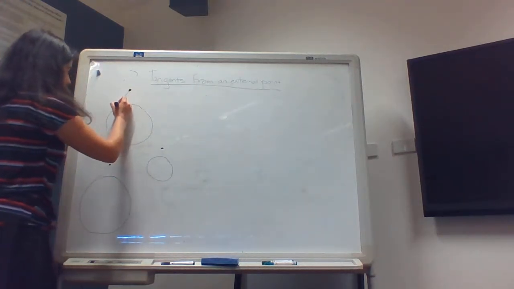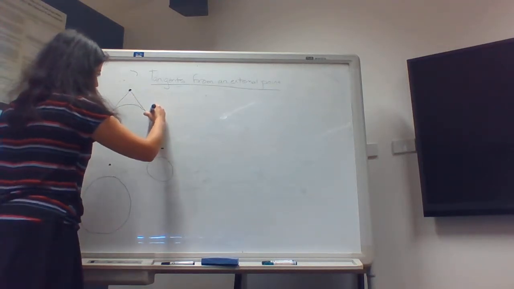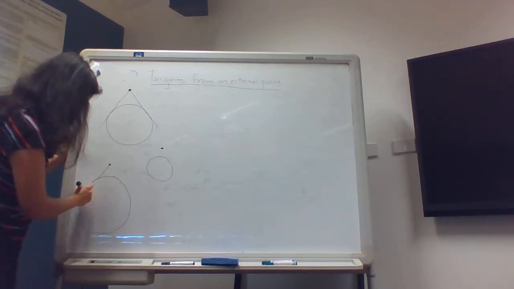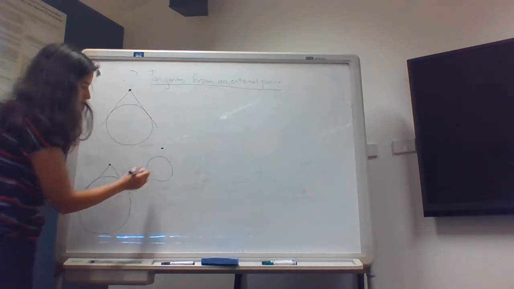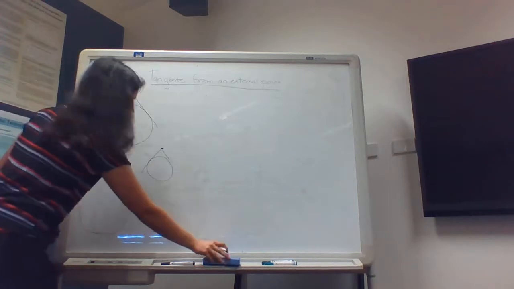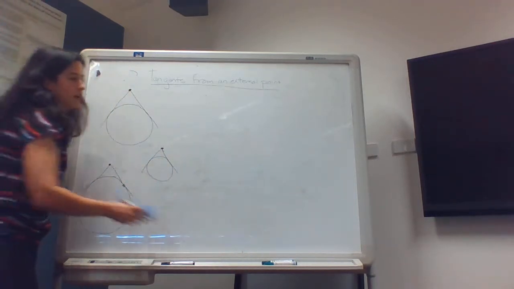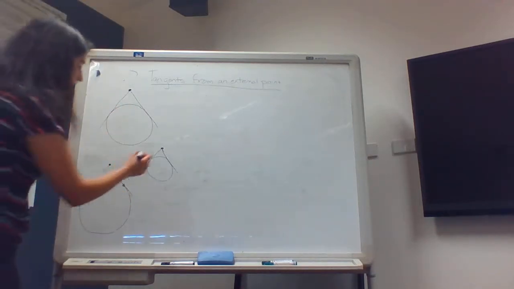Here's a tangent. Here's another tangent. Here's a tangent. And here's another tangent. That's a tangent. Here's another tangent. And here's another tangent. I decided to draw those, and then I was looking at them and I thought, let's